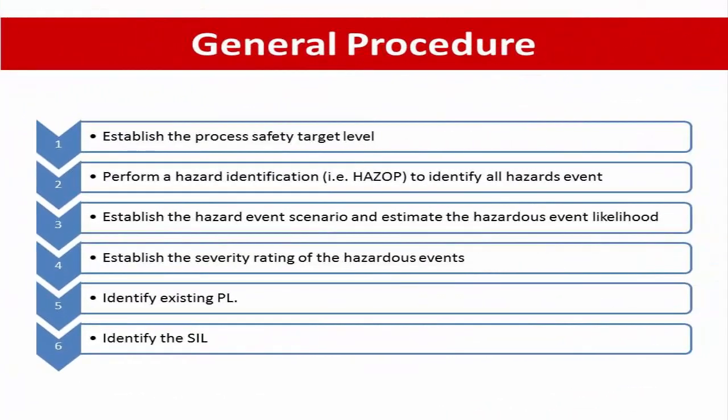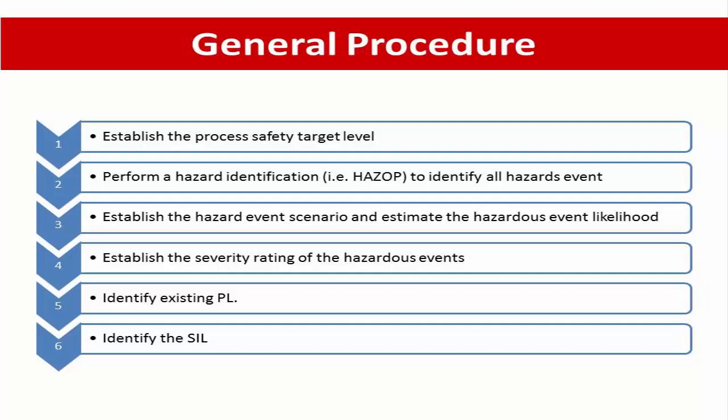The procedure of the safety layer metric starts with identifying the hazardous event of interest, the hazard identification, which can be extracted from the pre-hazard study. Then we have to establish the hazard event scenario and utilize the hazard event likelihood and the severity rating of the hazard event using the project risk metric for the safety layer metric, and estimate the likelihood of the hazard event